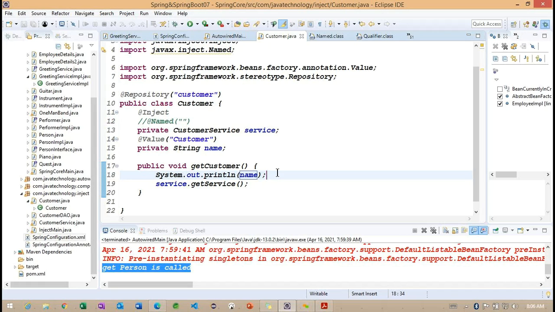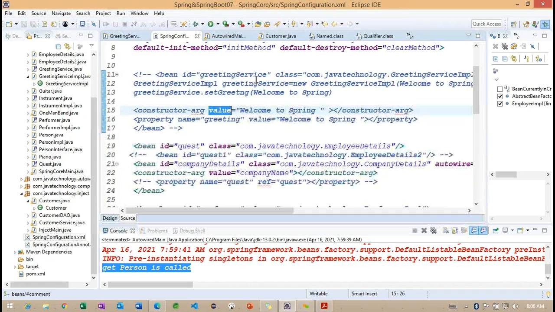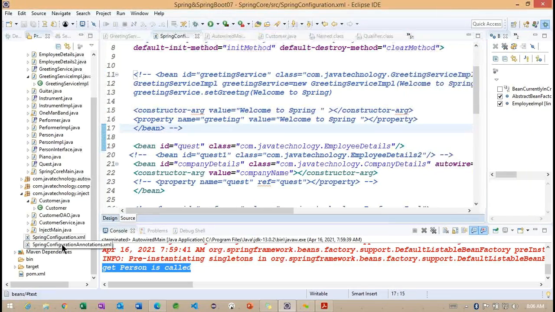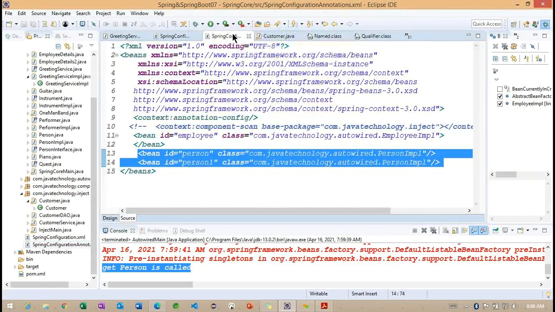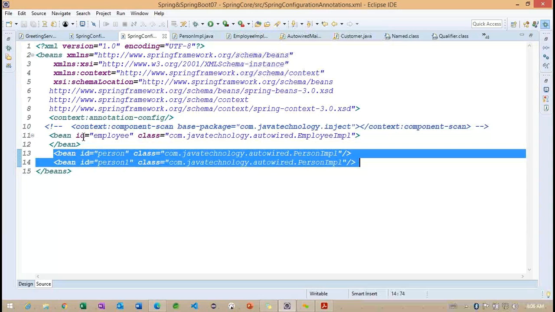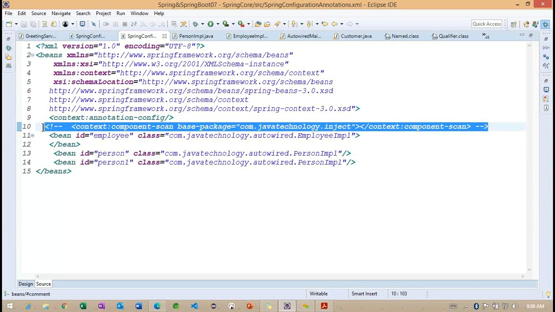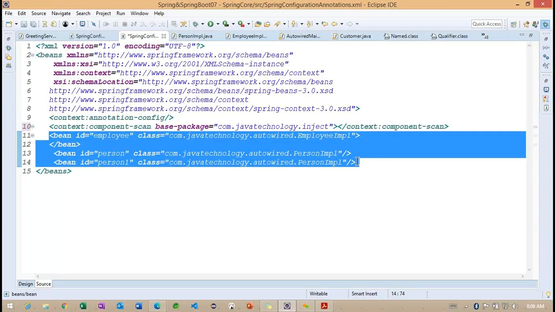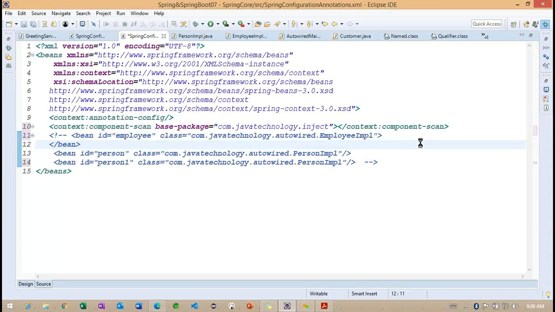Getting the point. So back to here, in our configuration file, where is our configuration file? Okay, let me open this particular configuration file and I want to enable this and I want to comment this section.